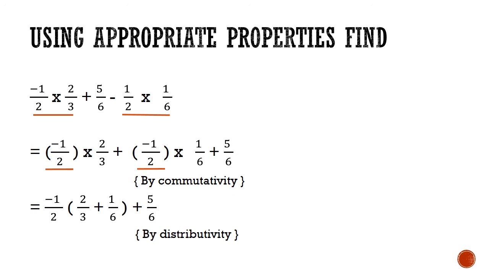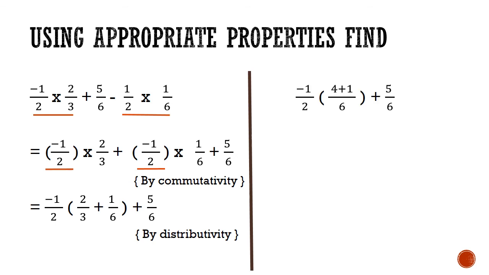Okay. Now you have to again compute the value of this. For that, see, minus 1 by 2 you are going to write as it is, and bracket. Inside the bracket you have 2 by 3 plus 1 by 6 to add up. You are taking the LCM. 6 is the LCM. So 3 will go 2 times in 6, 2 into 2 is 4, plus 6 will go 1 time in 6 and 1 into 1 is 1. Bracket closed and then plus 5 by 6. Now that is equal to minus 1 by 2 into 4 plus 1 is 5, 5 by 6, plus 5 by 6.